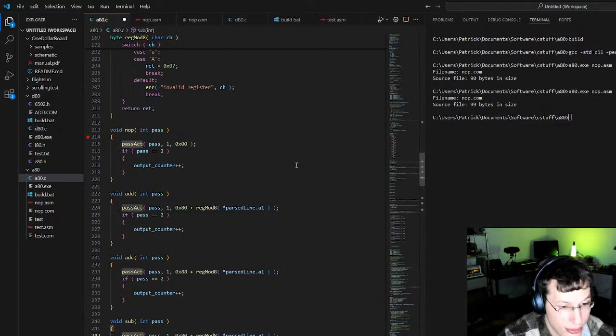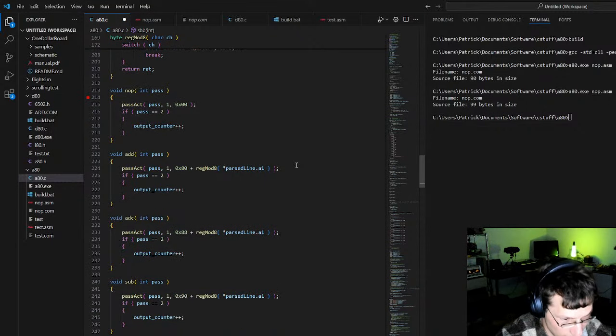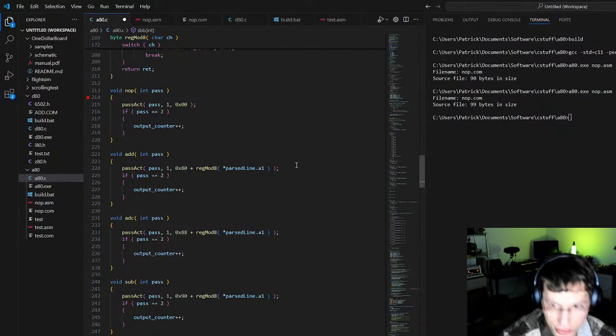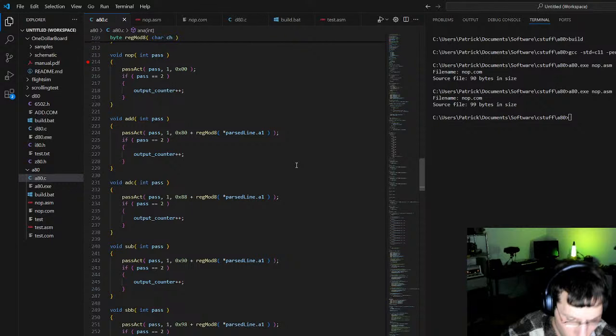Subtract is hex 90. Subtract with borrow is 98. You can see that there's kind of a pattern to this madness here. And remember, this is all in